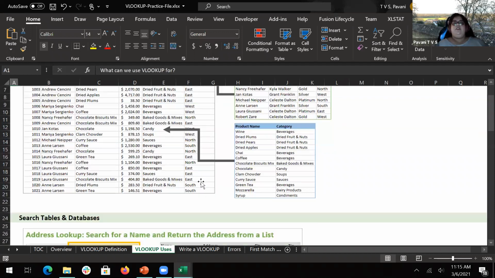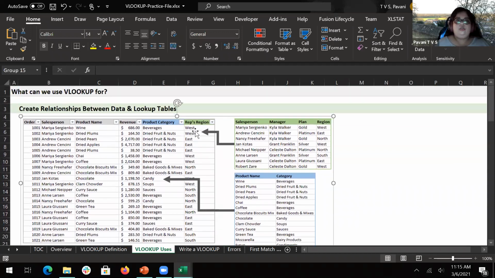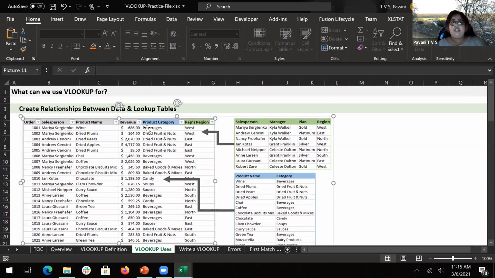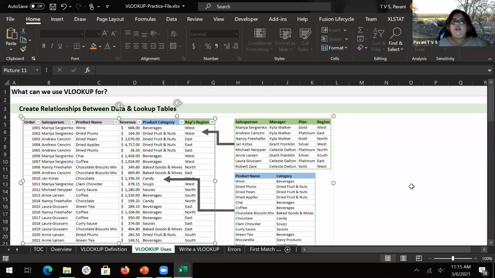Say this is one of the relationship tables. If I don't have the product category information in this particular table, I need to pick it up from here. So how do I know? I will choose this particular cell value and then do a VLOOKUP.